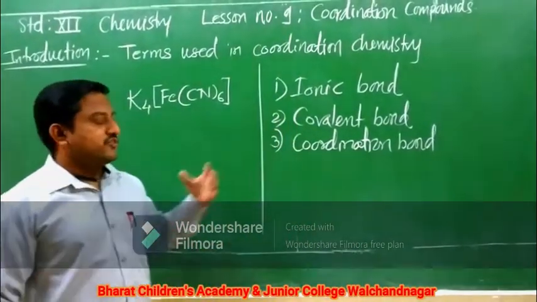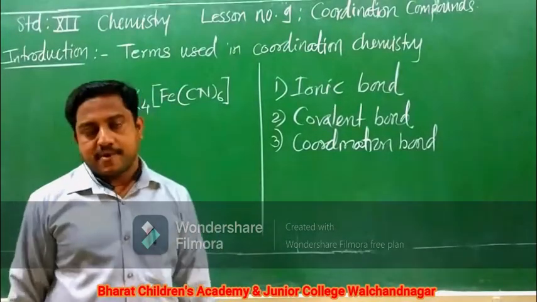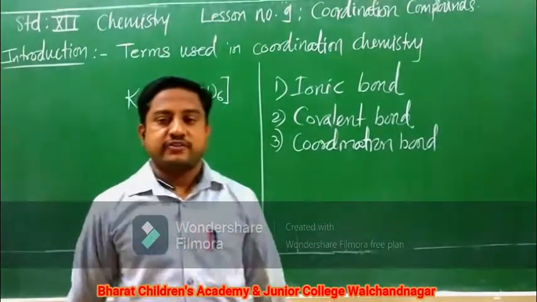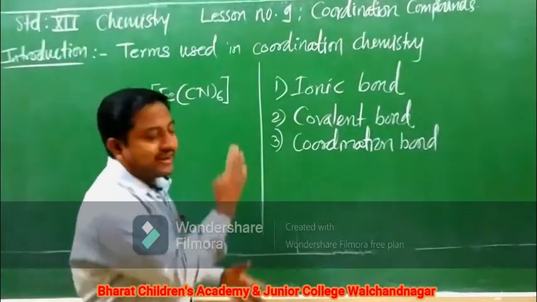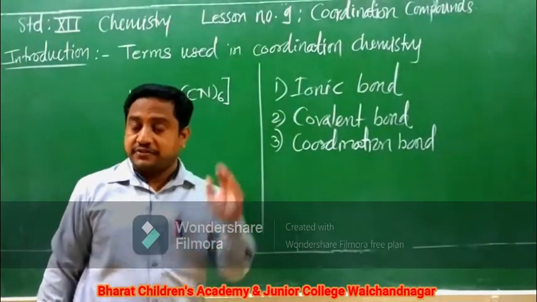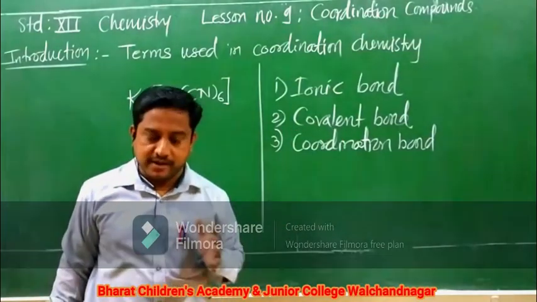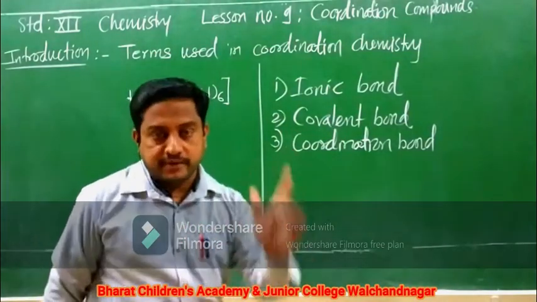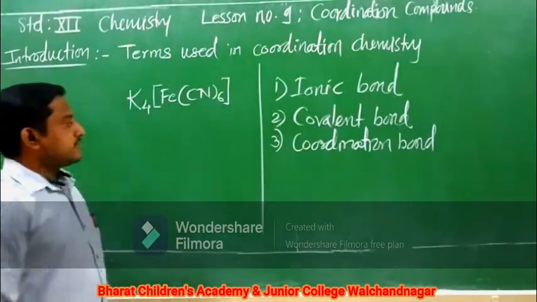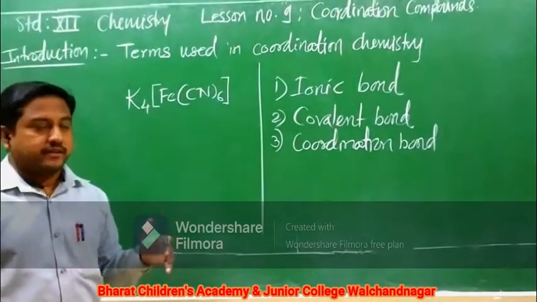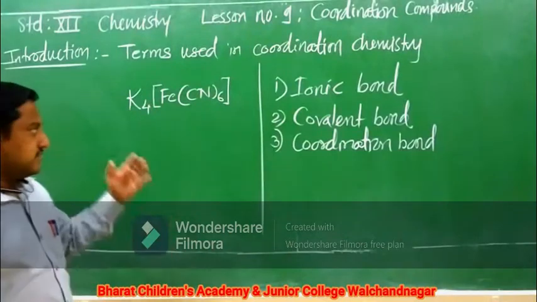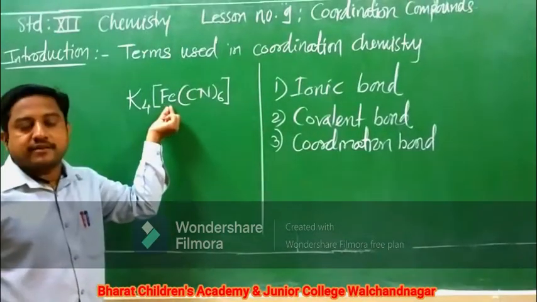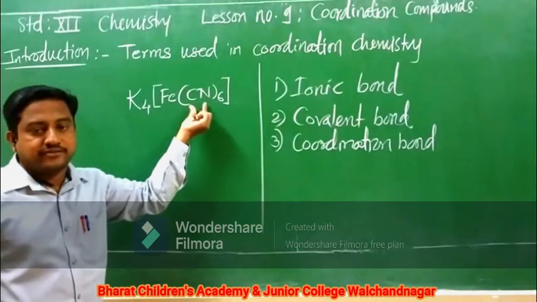So what will be the situation in case of the coordination compound? In case of the coordination compound, usually the sharing of the electron will take place as it is taking place in the covalent compound. But the sharing is little different than the original one. So let us see how the sharing takes place. So we have taken the example of K4[Fe(CN)6]. In this case, this is referred as central metal, and these are the ligands.